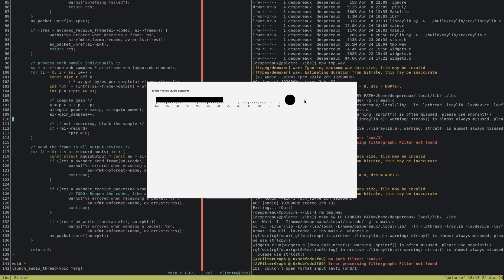I'm very tempted just to continue expanding out this way, but the problem is I don't know if that actually works. Like if we want to put one thing here, that's okay. But what if we want like 4 outputs? Do we just want a single button that adds outputs? Where do we list them? Where do we list our outputs? Like we have plenty of space here. We can list them down here. But